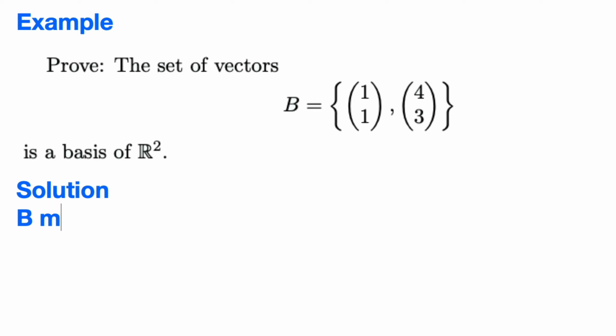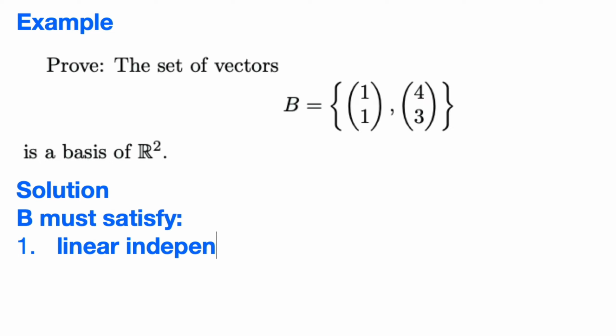So B must satisfy one, linear independence, and two, it should span the vector space. So span of B should be equal to all of R2. Okay? So that's the two conditions. However,